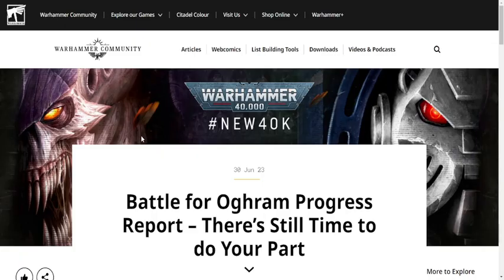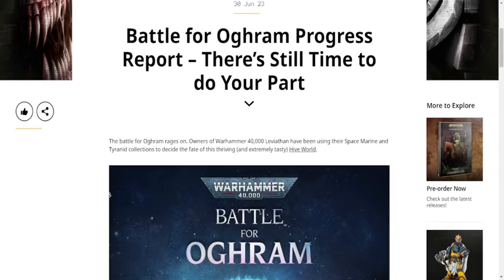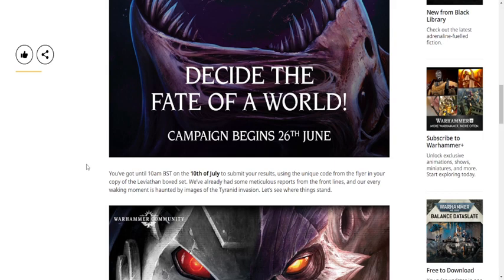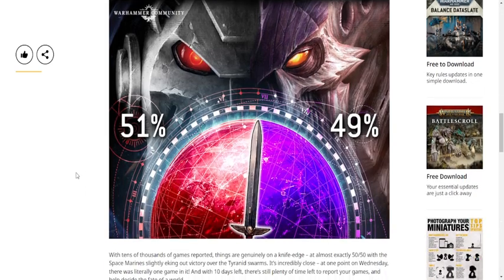Moving on, the battle for Orgrim, whatever, the campaign. They've sent out the stats already. Looks like Space Marines are taking the lead, which is not a surprise, considering I think the Space Marines have like 100 more points than the Tyranids. I'm pretty sure that